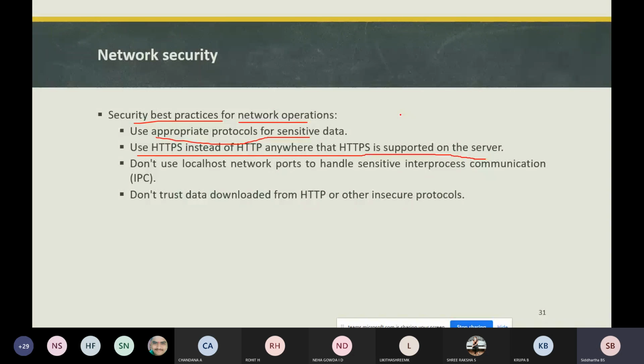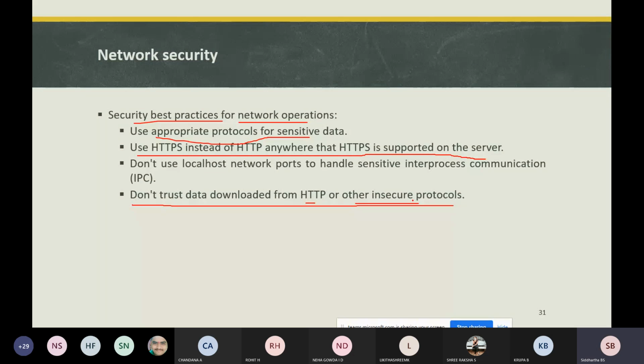By using this class, you can have authenticated and encrypted socket-level communication. The next practice is don't trust data downloaded from HTTP or other insecure protocols. As we commonly know, we should not download data from HTTP or any other insecure protocols. So this is network security.